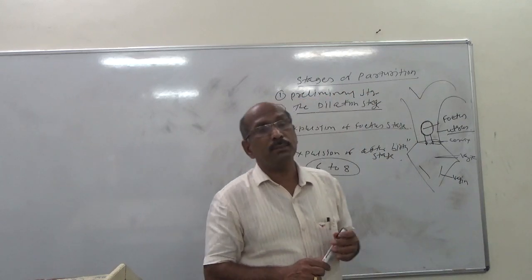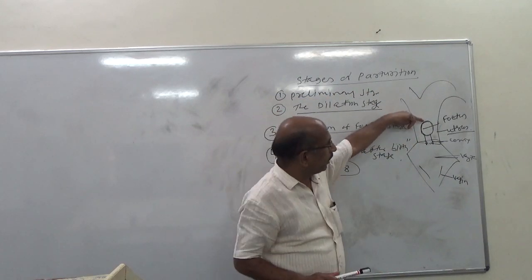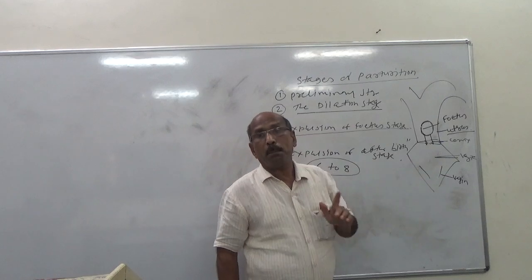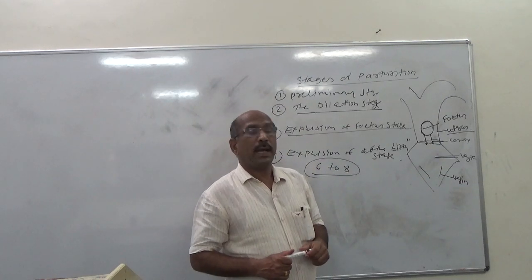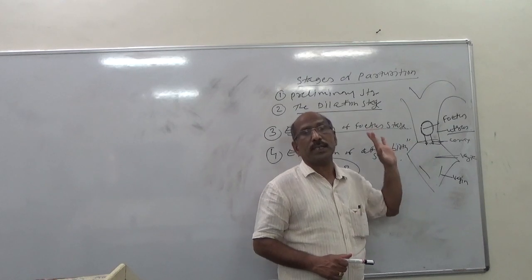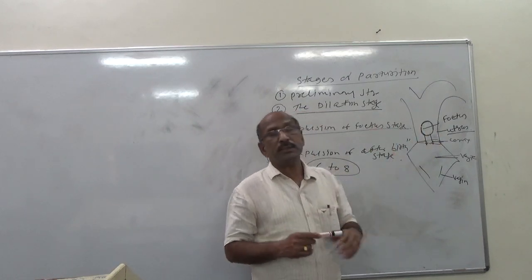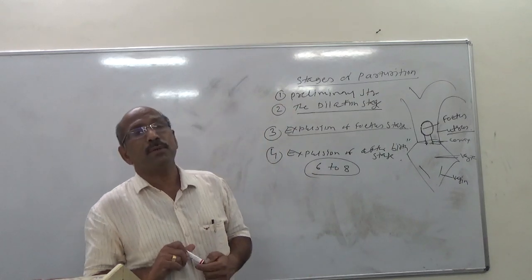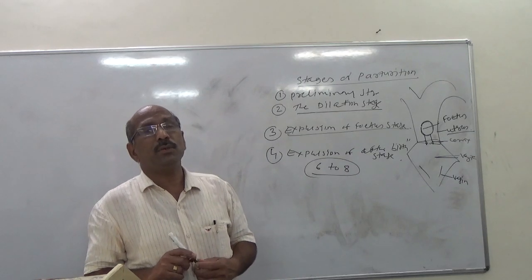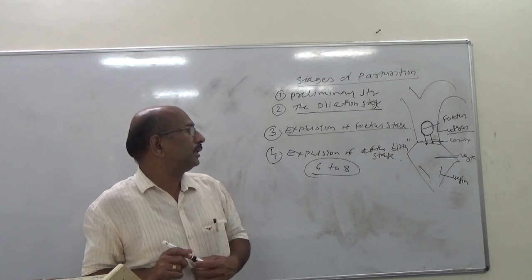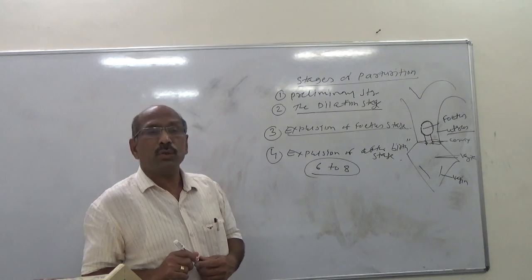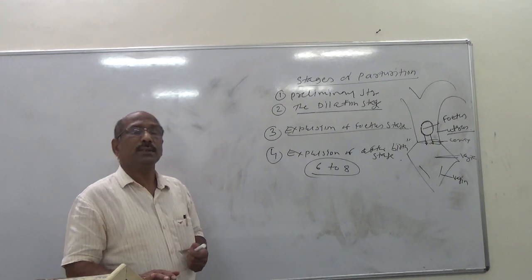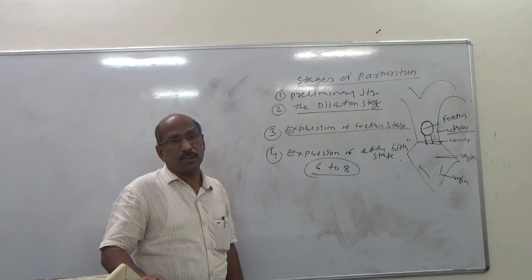Parturition can be defined as the expulsion of the fetus and its membranes through the birth canal by natural forces, at such a stage of development that the fetus is capable of independent life. In cows and buffaloes, giving birth to young ones is known as calving, and the young one is known as the calf. In the case of goats, giving birth is known as kidding, and the young one is known as the kid.